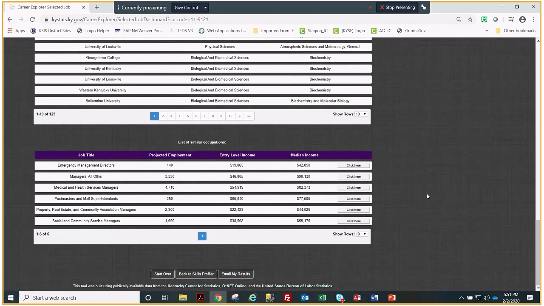So that was a really quick demonstration of this system. You can get in and play with this anytime you want. This is public. This can be used by any school that wants to. If you have any questions about this, you can reach out